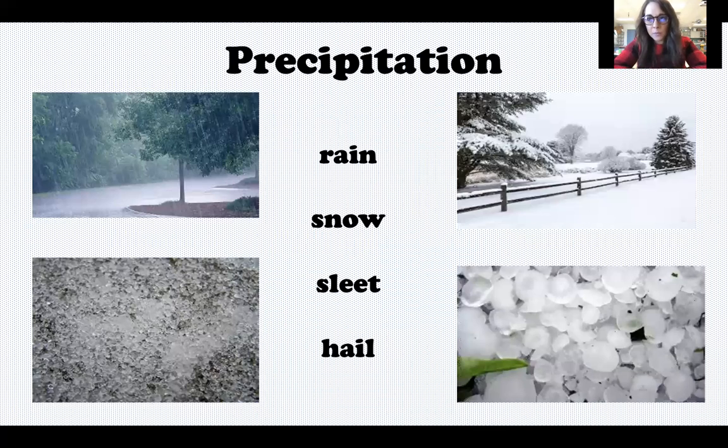And then the last form of precipitation is hail, which, if you were here last year in first grade, hopefully you remember the activity we did with the onion, where we modeled a hailstone. The reason we used an onion is because if you were to cut open a hailstone, it would kind of look like an onion. You would see all these different layers because hail begins high up in the clouds as a raindrop. And hail forms when there's lots of warm air and cold air mixing together, and when there's a lot